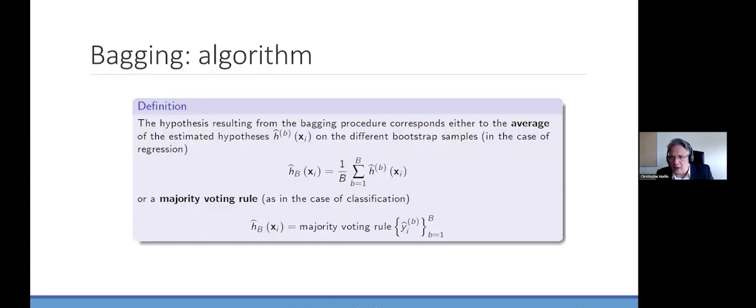Let me define the case in which we have a regression. So the hypothesis, the model resulting from the bagging procedure, corresponds to the average of the estimated models h_B. So the bagging final model is simply the average over B, the sum from B equal to 1 to capital B, of all the decisions made by the models. For instance, if I have a regression in which I try to predict the price of a house,